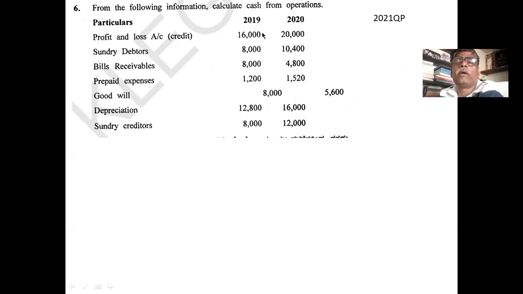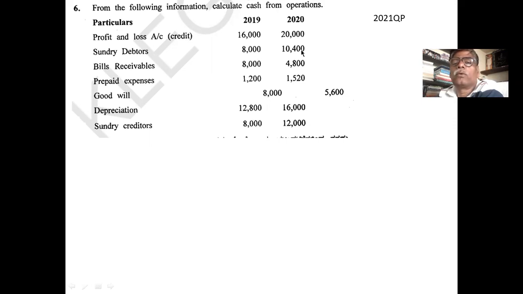And you see this problem. P&L account, opening balance and closing balance is given. 2019, 2020. 2019 is the last year, 2020 is the current year. So you take the current year profit and start the additions. Add non-operating and non-cash expenses. You see here, debtors